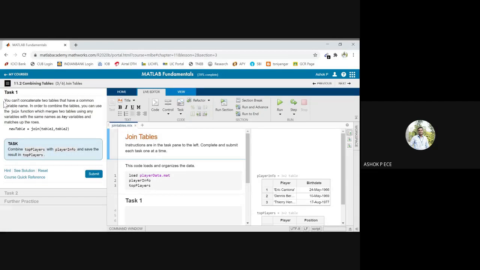Yes. So when you can't concatenate two tables that have a common variable name, when you have a common variable name, you cannot merge them. It will show the default duplicate variable error. So for that, you have to use the join command, which merges the two tables using any variable that has the same name as the key variable. So whenever you want to merge tables which have common data, you have to